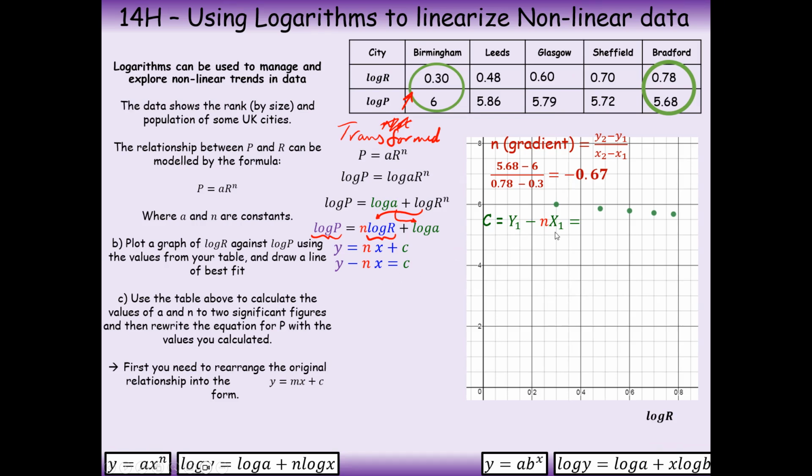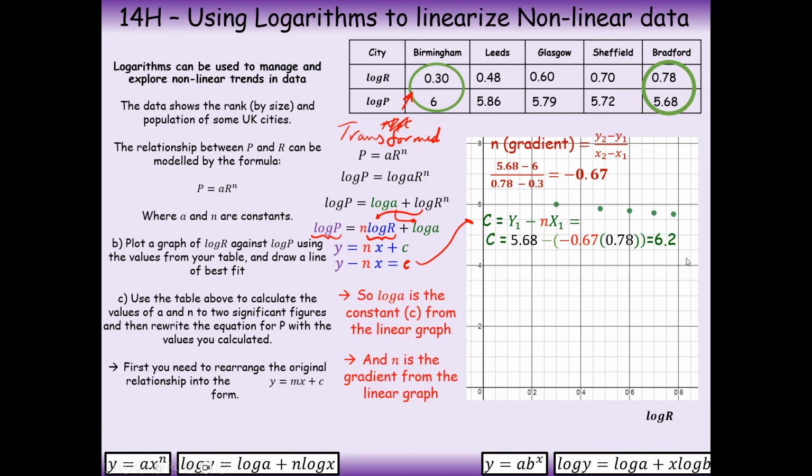You can take one of these coordinates, doesn't matter which one, and use this value of the gradient that you just found. This is just this line here where I subtracted mx from both sides, to make c the subject of the formula. You substitute it and